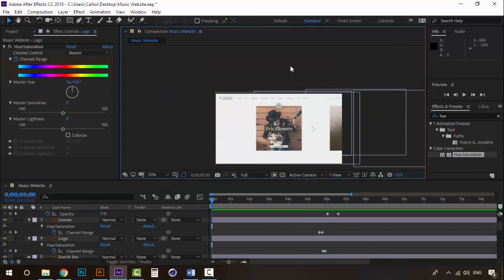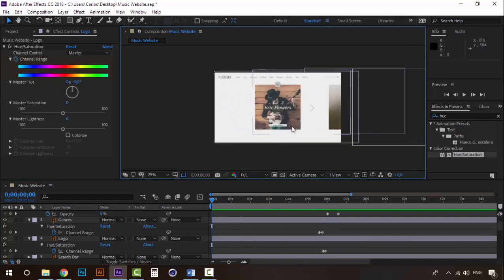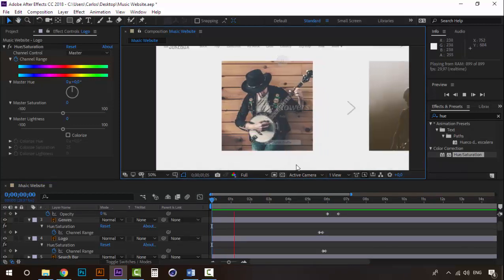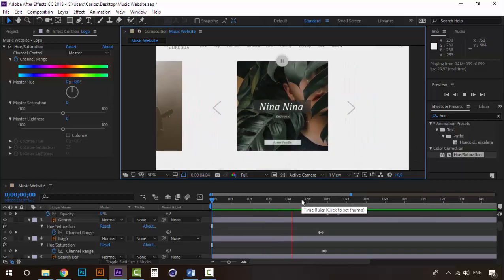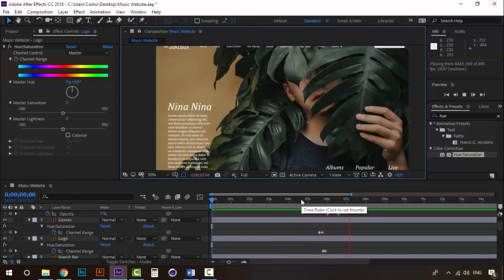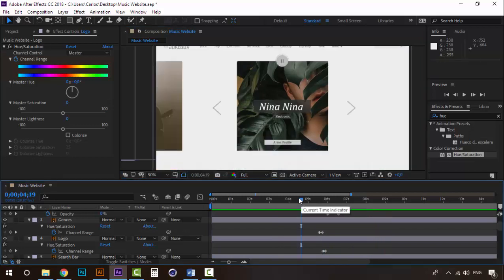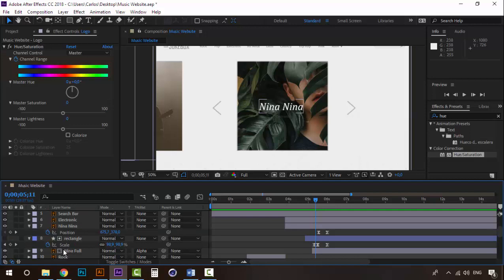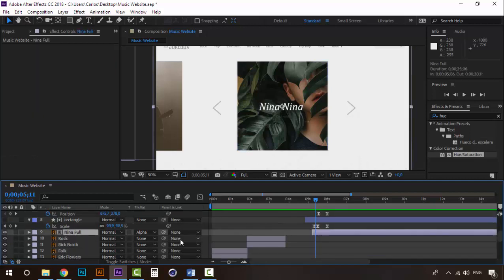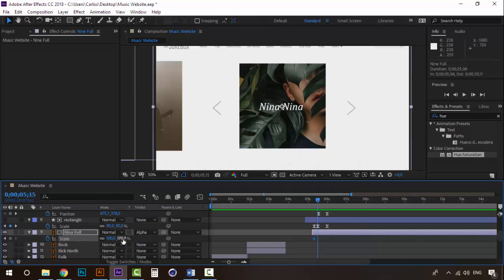Let's take a look again at the whole animation. Alright, looks pretty cool. There is one thing that I want to add. I like this animation, but I want the image to also scale down a little bit. So over here, when the mask is scaled, I'm going to click on the stopwatch here, and I will also change the scaling of the image to 95%,